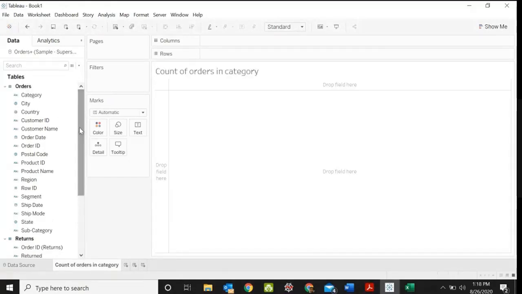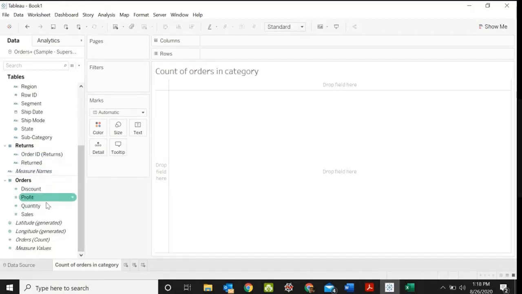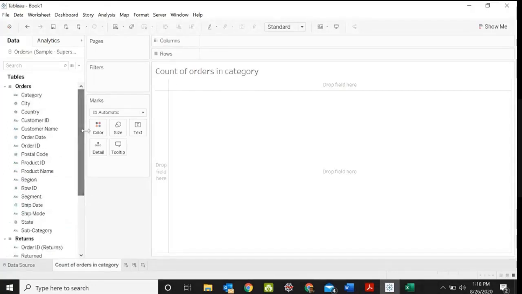Now if you check your data source, the dimensions and measures in the data, you can see the subheading orders and the fields in the orders table are displayed here. Dimensions in the orders are displayed here. Again, you can see your table name returns and the fields in the returns table. Again, the measures in both the tables are displayed here. Your returns table has no measures, only your orders table has measure values. Those things are displayed here. You have this option if you want to.